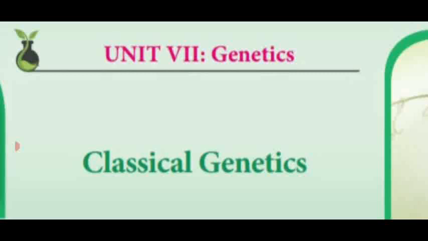So out of this ratio 9:3:3:1, 9 are round yellow parental character and only one is the wrinkled green recessive parental character. The remaining 3:3 is the recombinant variability produced in the dihybrid cross, proving the law of independent assortment, and it also shows the evolutionary sequence. So this is what we have seen in the previous video class.